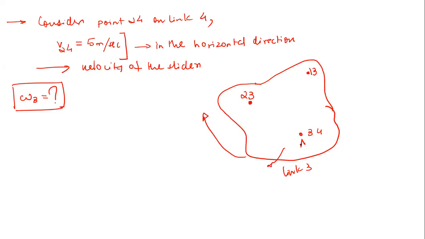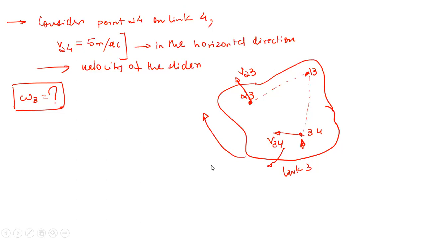So that means these points, 3, 4 and 2, 3, are also rotating relative to this I center, which is 1, 3, at a particular instant of time. And we all know that this 1, 3 is related to the fixed link 1, so the third rigid body. Now you can simply say that this will be your V23, and this will be your V34 somewhere here. This is very, very easy. Just try to imagine.